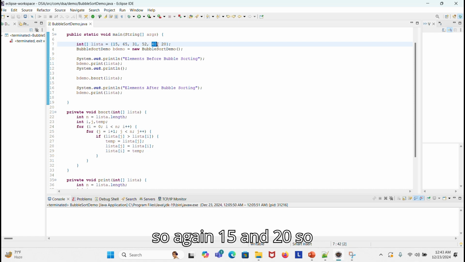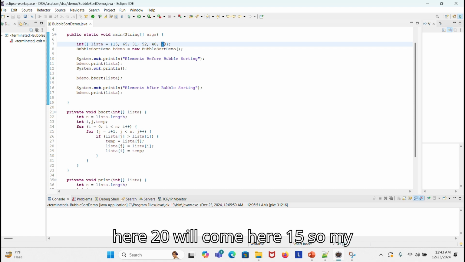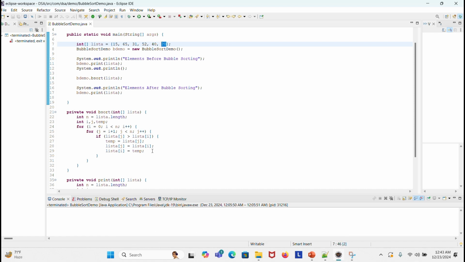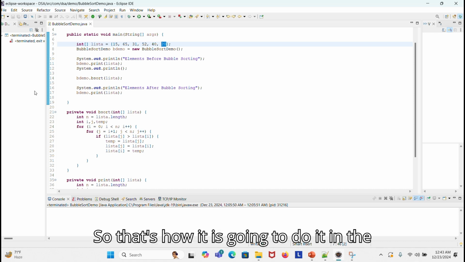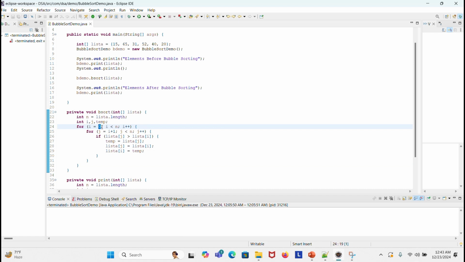Again 15 and 20, so these two will get swapped. So here 20 will come, here 15. So my first element is moved to the last. That's how it is going to work in the first iteration, and then it is going to come to the next